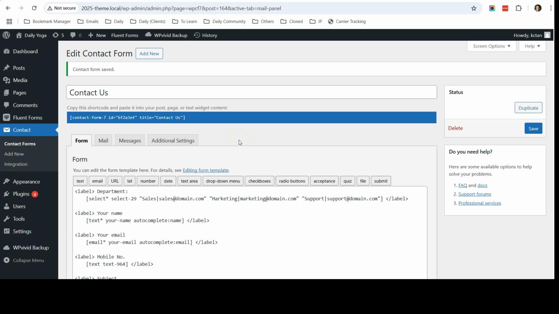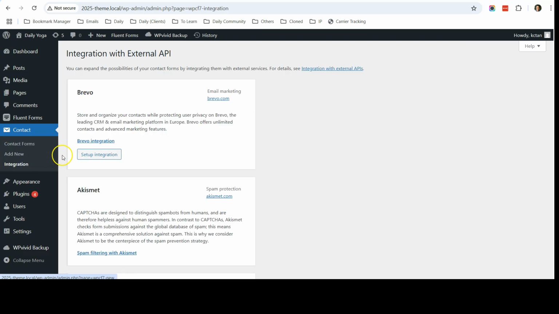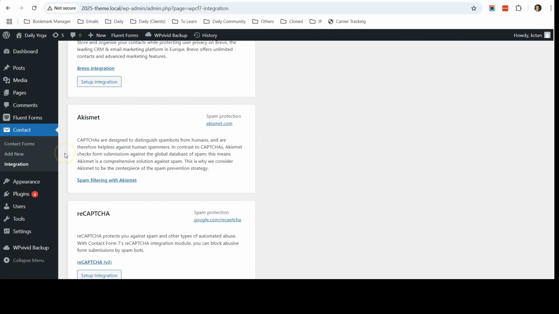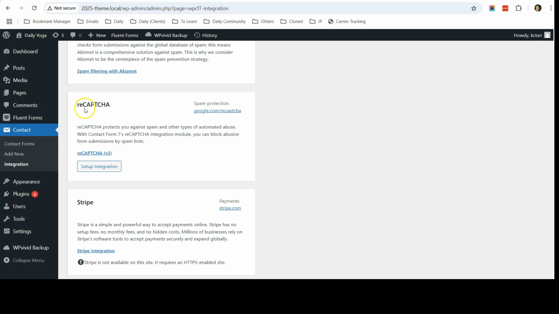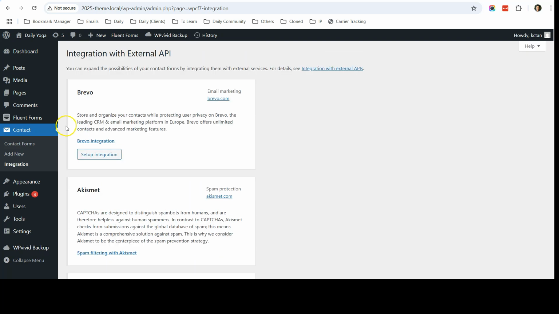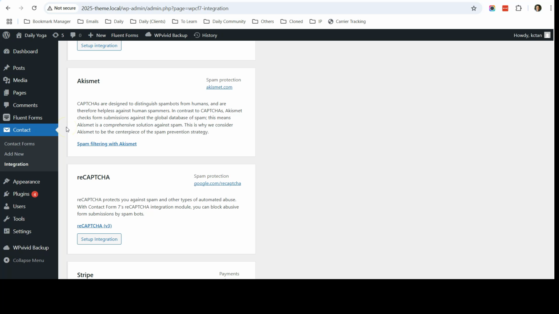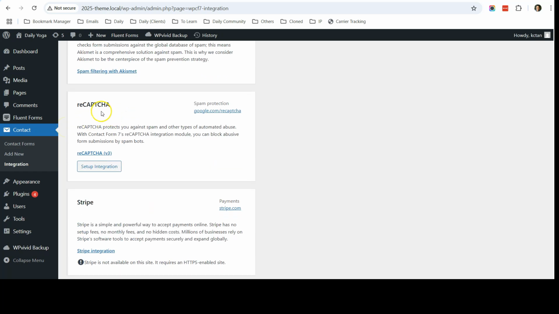One last thing I want to share with you is anti-spam reCAPTCHA. If you go to contact integration, you can see that Contact Form 7 by default gives you a Google reCAPTCHA integration. But this is not the strongest integration in my opinion, and from my experience with a lot of my clients, I'm going to introduce a free plugin that is even more powerful than Google reCAPTCHA. So go to plugin, add plugin,